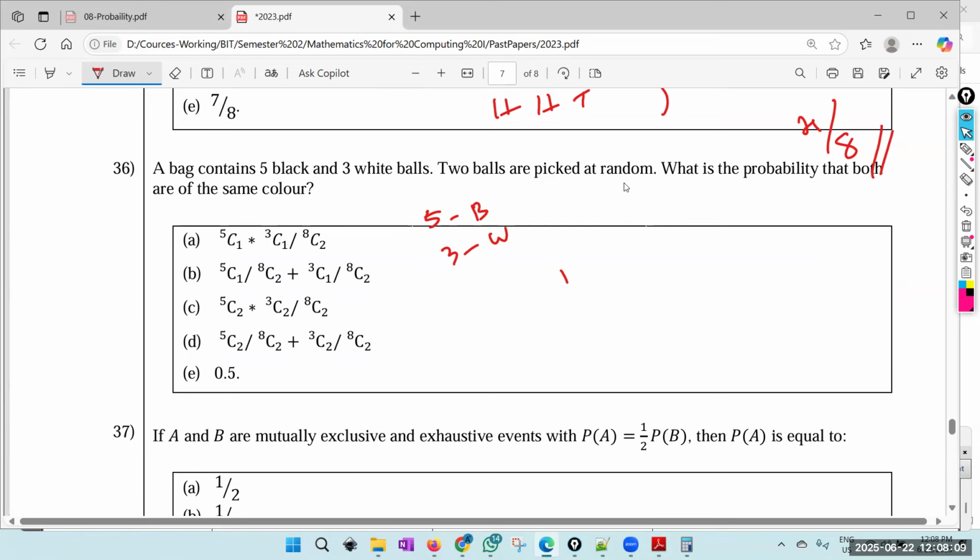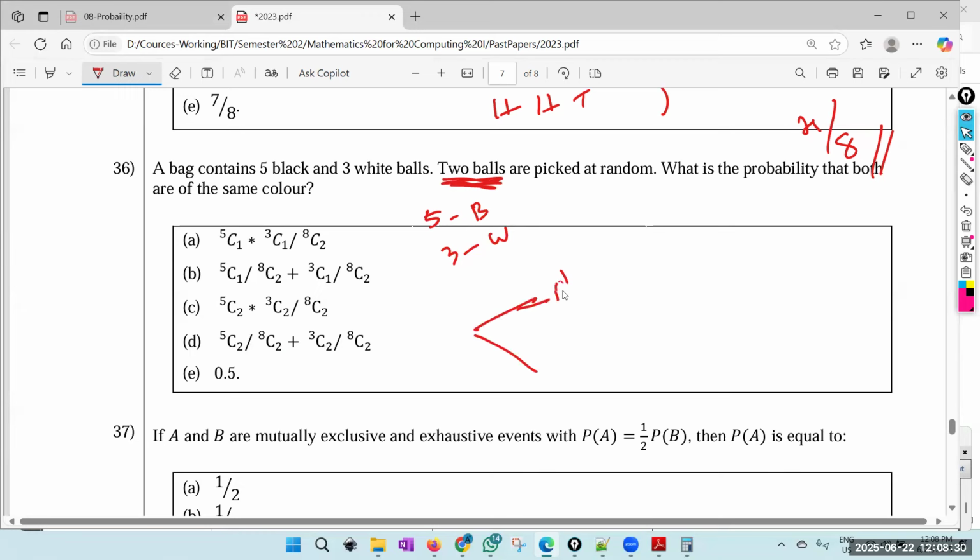2 balls are picked at random. What is the probability that both are the same color? Right, so we have 5 black and 3 white. So we take 2 balls, right? Yeah, 2 balls. So then I can even draw